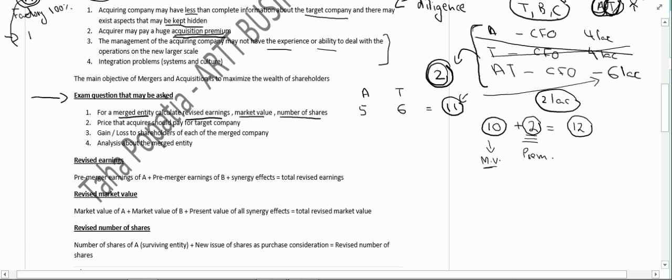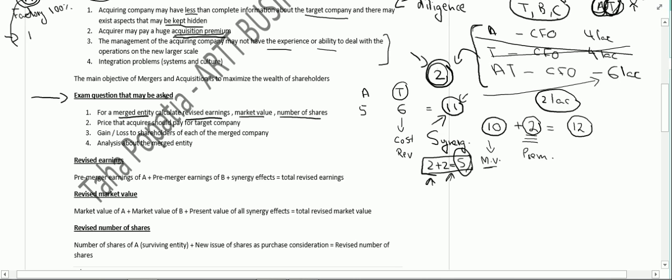So after acquiring a certain company, there are changes in costs and revenues. One example of that is the CFO salary reduction, and hence your total earnings are revised, your total earnings are changed due to certain synergy benefits. Synergy is simply 2 plus 2 equals 5. It means when you were an individual company, you were gaining less. However, since you combine, you are able to reduce cost and gain better earnings.